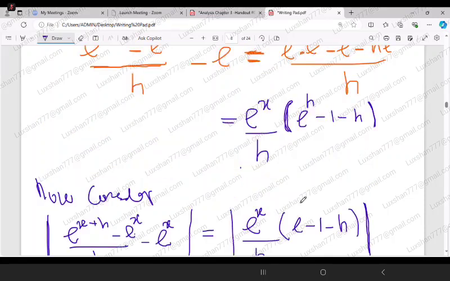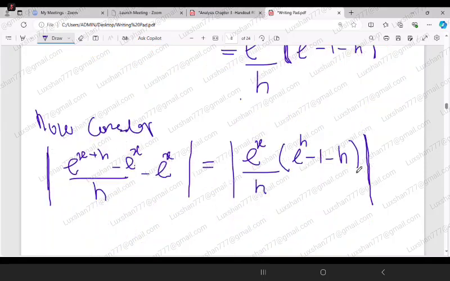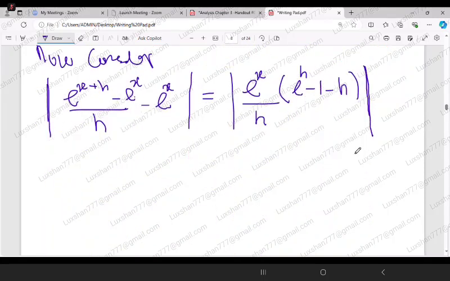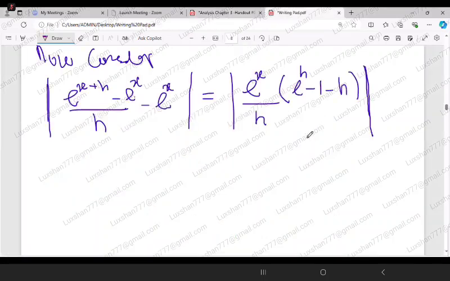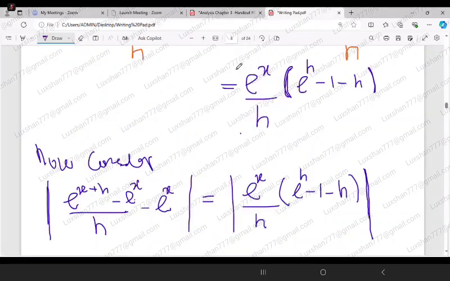Sorry, e to the power h. Now, e to the power x is always positive. So, another thing that I forgot to tell: one more thing, that this one is equal to